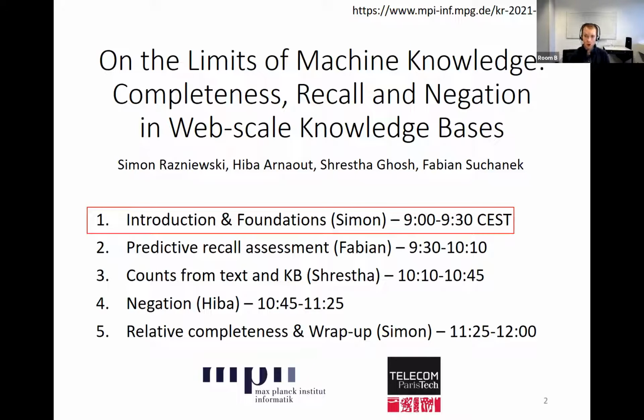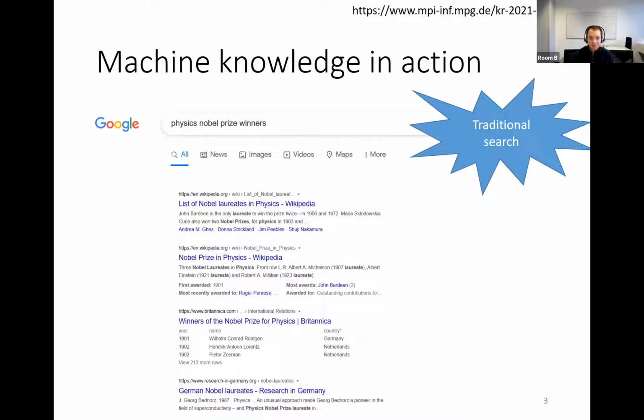So the topic of the tutorial is called limits of machine knowledge. What do we mean by machine knowledge? Machine knowledge is nowadays deployed in many places and can be seen in many applications. But one particularly prominent way is in search engines. In the traditional way search engines are used, they do a keyword match. So here, for physics Nobel Prize winners, Google search engine would find documents that contain these terms and then rank these documents by traditional scores like